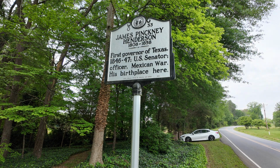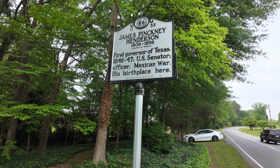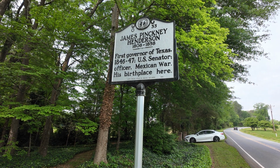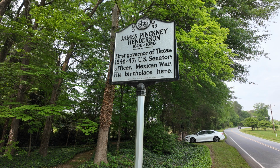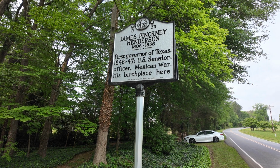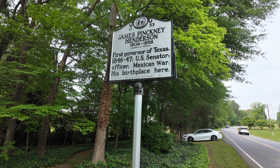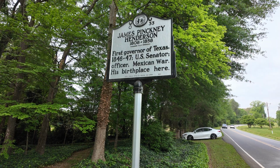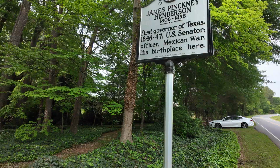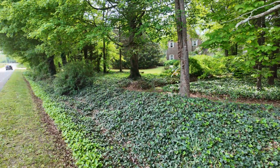Okay, so I made my way about a mile outside of downtown Lincolnton on Highway 182, and I come across this informational plaque. It says James Pinckney Henderson, born 1808, died 1858. He was the first governor of Texas in 1846 to 47. He was a U.S. senator, an officer, a Mexican war hero. His birthplace was right here on this property. And something that's very interesting